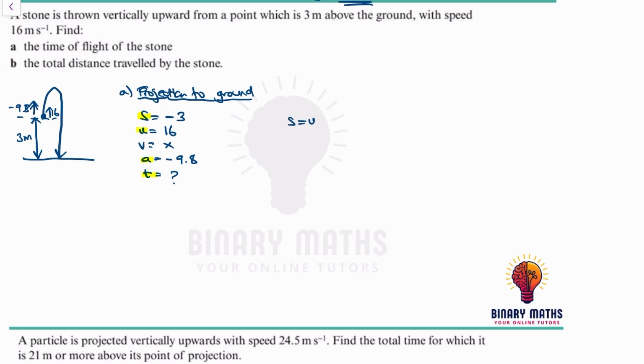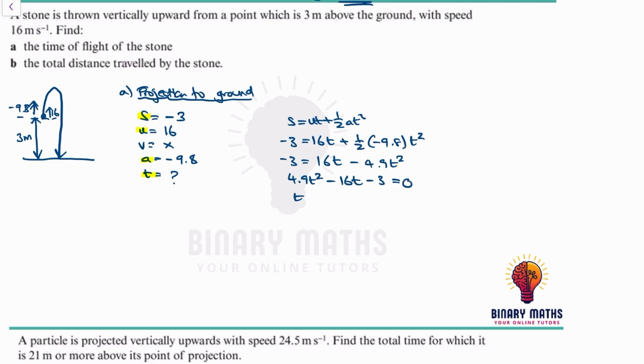S is equal to UT plus half AT squared. So minus 3 is equal to 16 times T plus half times minus 9.8 times T squared. Minus 3 is equal to 16T minus 4.9t squared. If I take everything to the left-hand side, 4.9t squared minus 16t minus 3 is equal to 0,